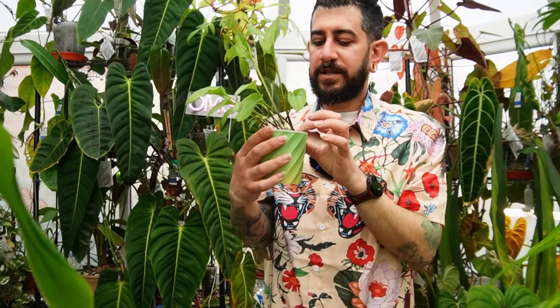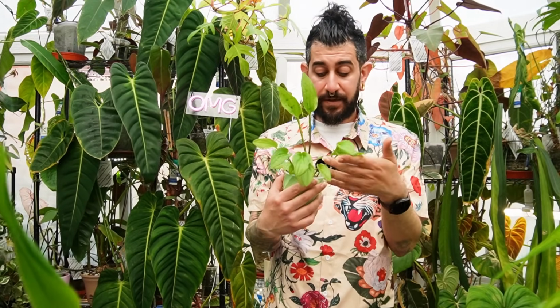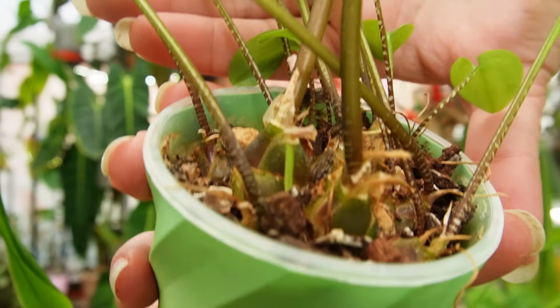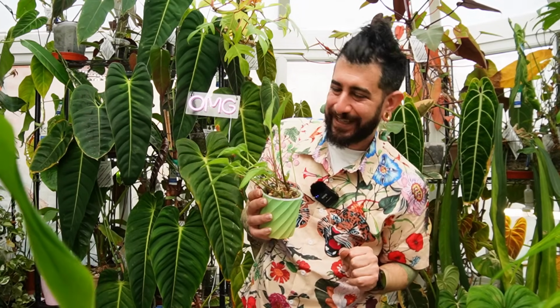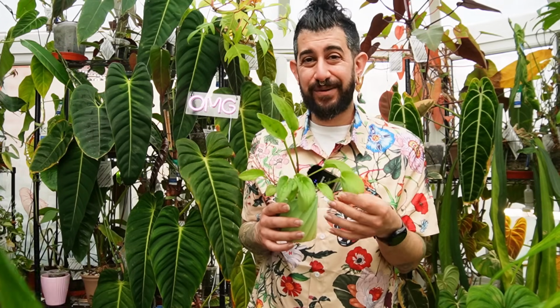It's got little oniony type bulblets at the bottom, and then you get leaves coming out of them, and you might be able to see, if I bring it in a bit closer, can you see those stems? They're also kind of zebra print. So it's giving the whole of Lion King. Very, very cool. But this is also a plant that pretty much went down to maybe 1 or 2